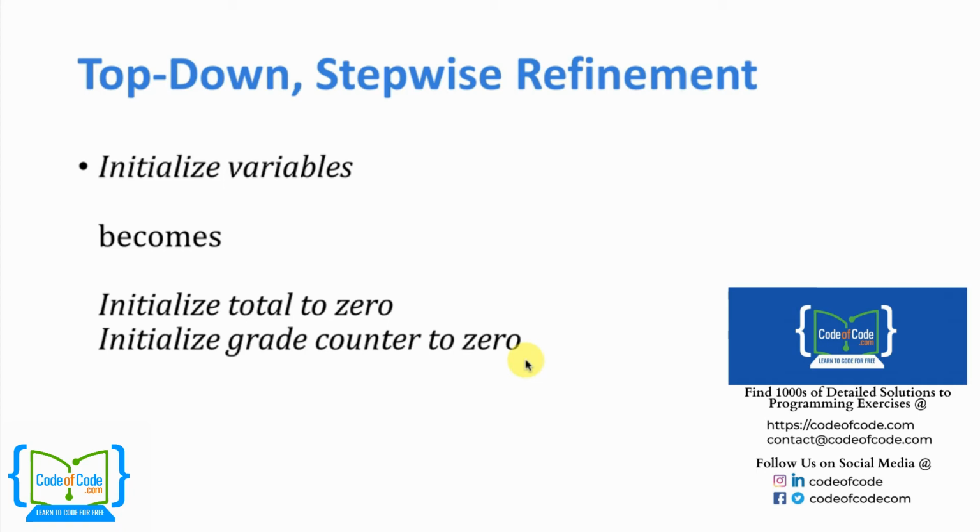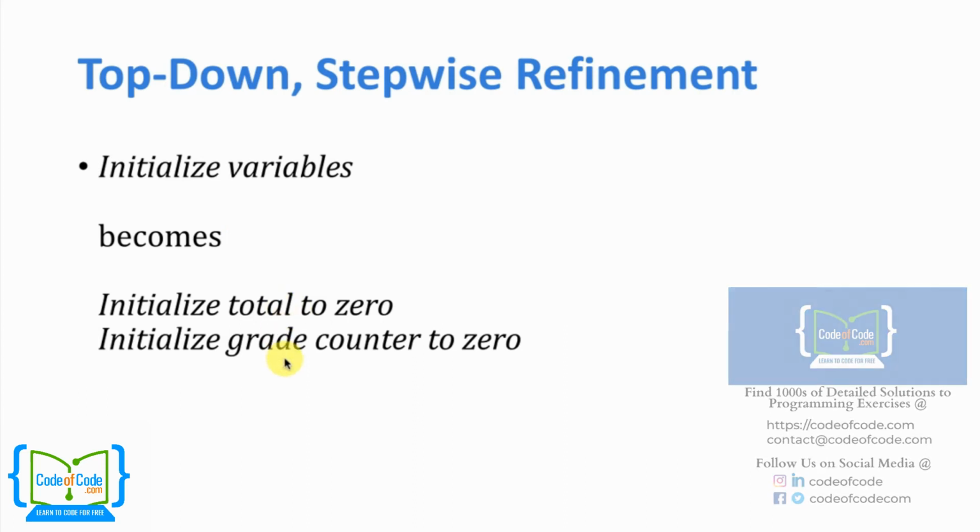Now, it's possible after we start writing the code for the program that we could find the need for additional variables as we start to sketch out that code, in which case we might come back here and refine our pseudocode a little bit more, or we might simply use the pseudocode as a guide and then add the additional features we need into the code that we're writing. So we break down initialize variables into a list of the variables we need and what they should be initialized